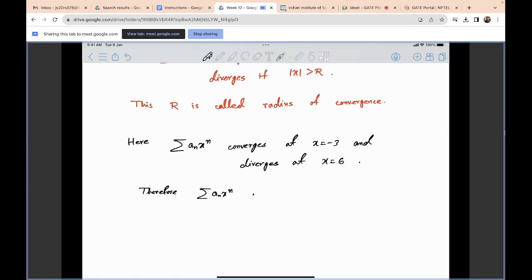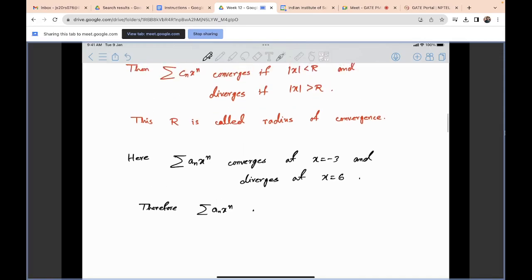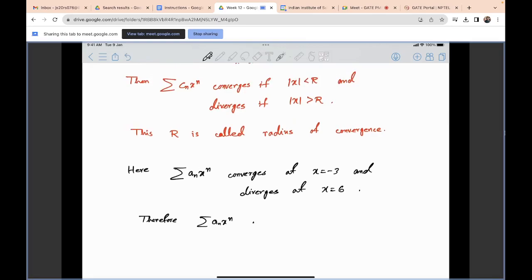Because it converges inside, so it is 3 and minus 3. So because r is the biggest number in which this is convergent, the radius of convergence must be less than 3. So therefore the radius of convergence